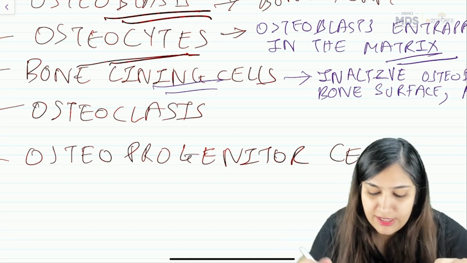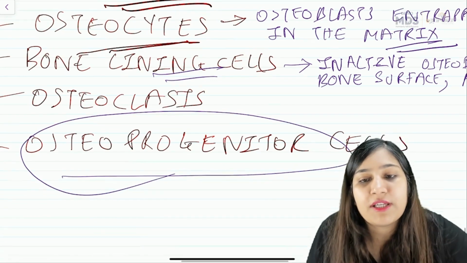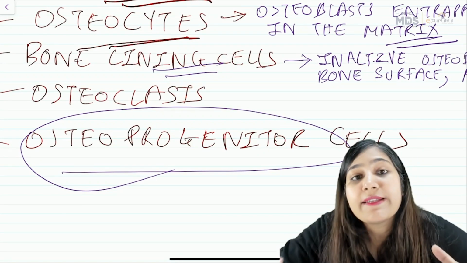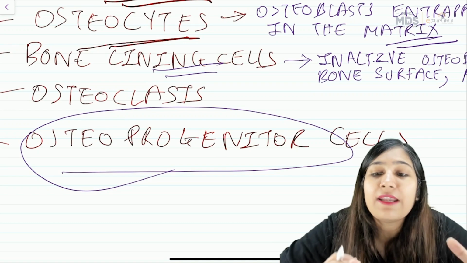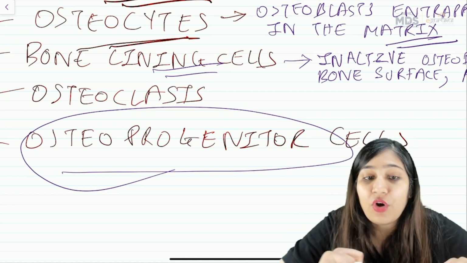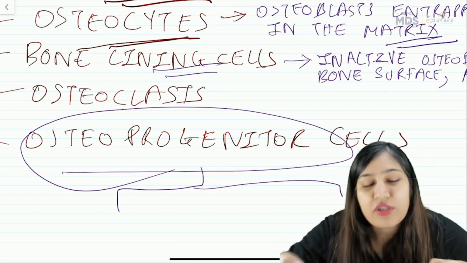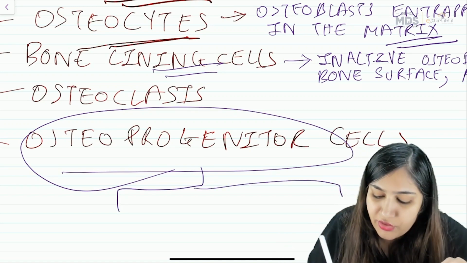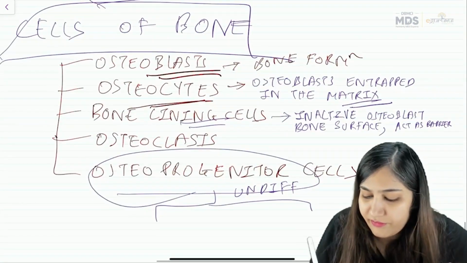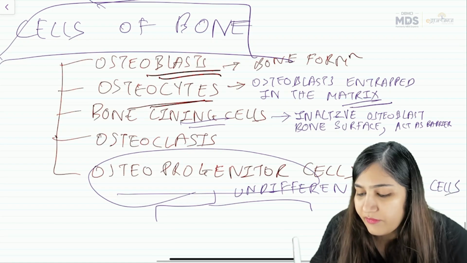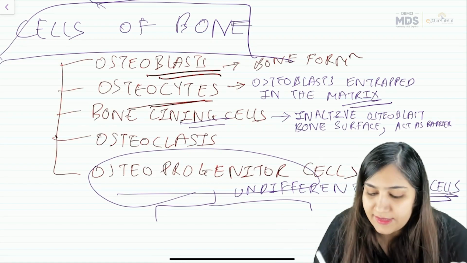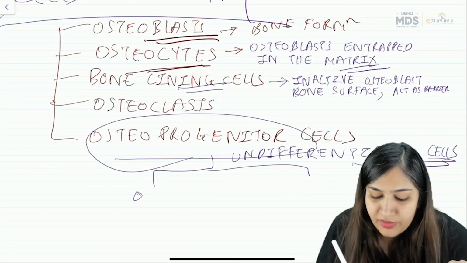Osteoprogenitor cells. Progenitor cells are undifferentiated cells found near the surface of the bone, which under certain circumstances undergo division and transform into osteoblasts or coalesce to give rise to osteoclasts. So they can be converted into osteoblasts or osteoclasts. They are mainly undifferentiated cells that under some circumstances may undergo transformation and form osteoblasts